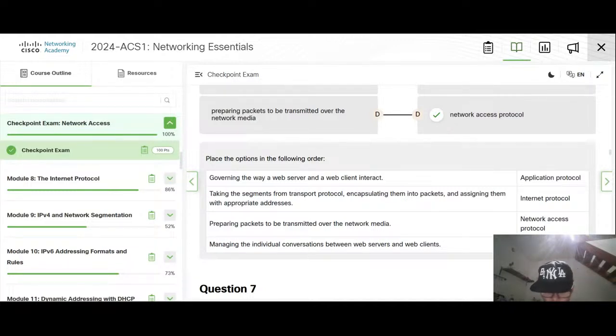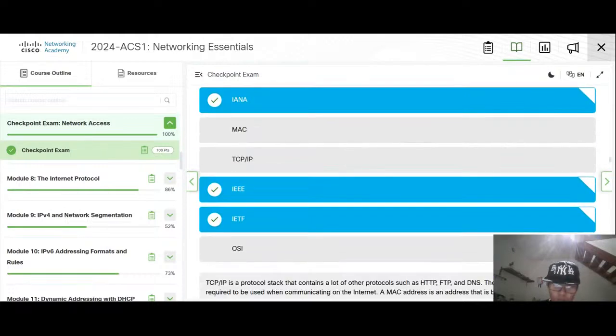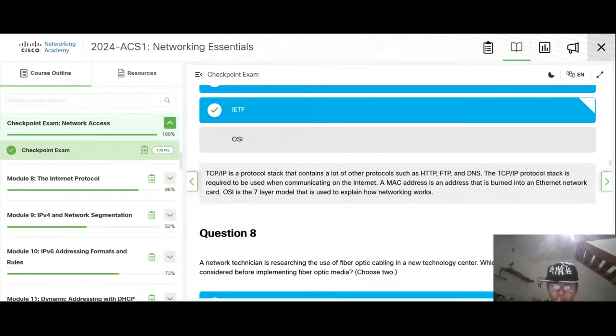Preparing the packets to be transmitted over the network is network access, and managing the way we communicate between web servers and web clients is transport protocol. HTTP, FTP, DNS. Okay. Let's see.